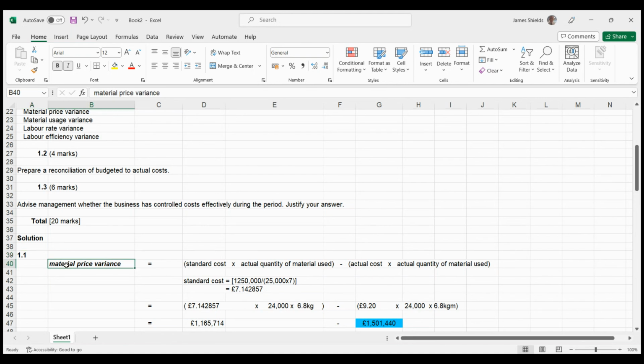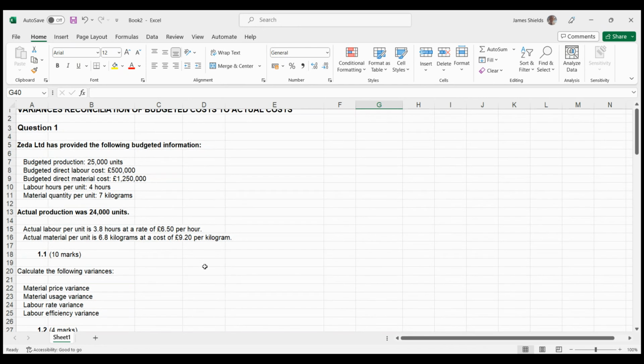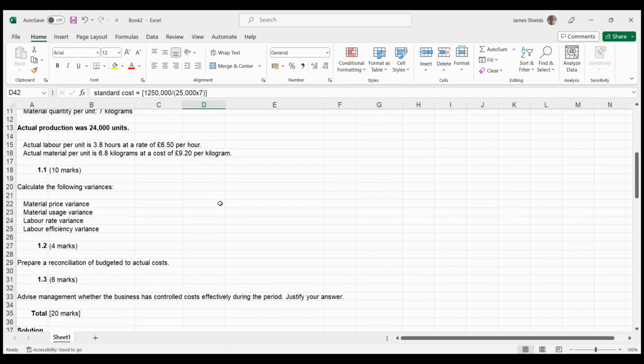So the material price variance. To work out the material price variance, you have the standard cost times the actual quantity of material used, subtract the actual cost times the actual quantity of material used. Now, in this question, we're not told the actual standard cost, so we're going to have to work that one out. So the standard cost for the material price is going to be